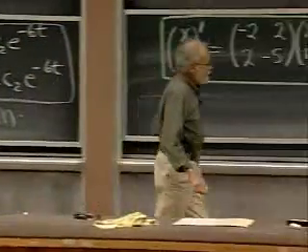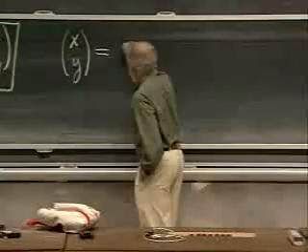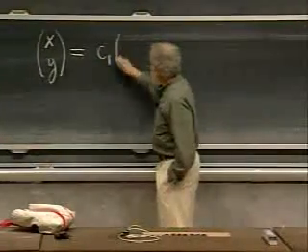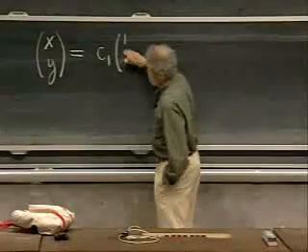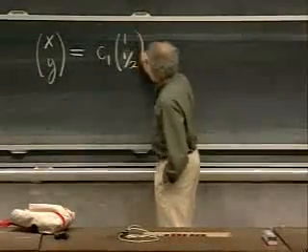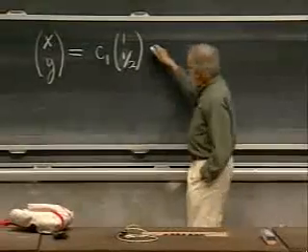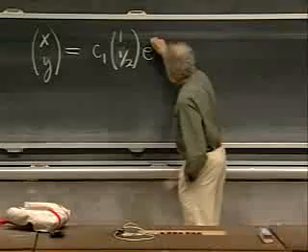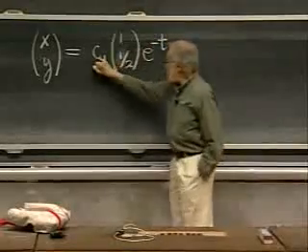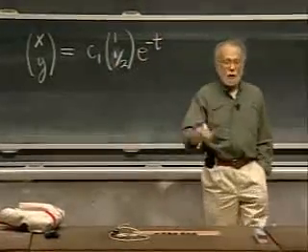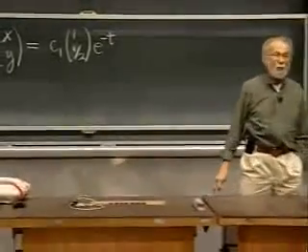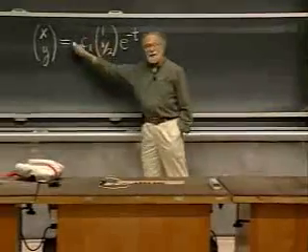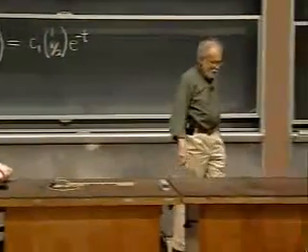So I'm going to write that in the following form. I'll pull out the C1, that's the common factor in both, and put that out front. Then I'll put in the guts of the vector, even though you can't see it, the column vector 1, 1/2, and then I'll put the other scalar factor, scalar function, in back. The only reason for putting one of these in front and one in back is visual, to make it easy to read. There is no other reason. You could put the C1 here, you could put it here, you could put the e to the negative t in front if you want to, but